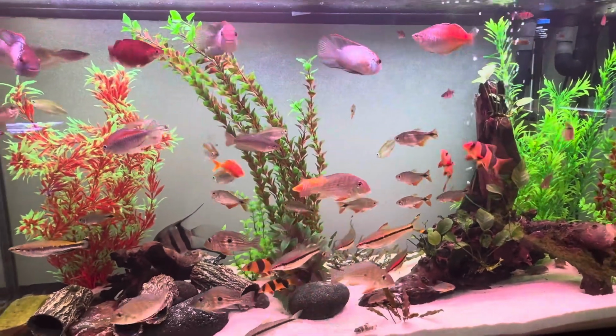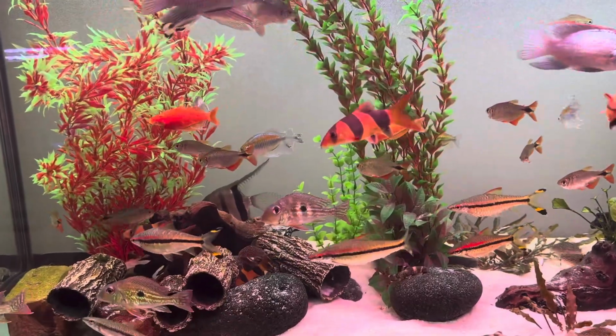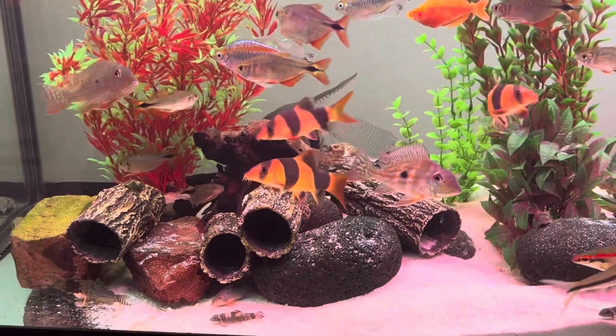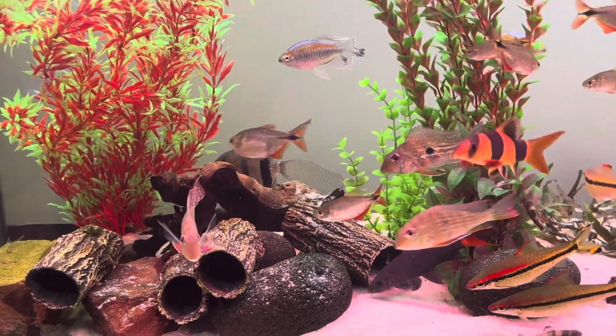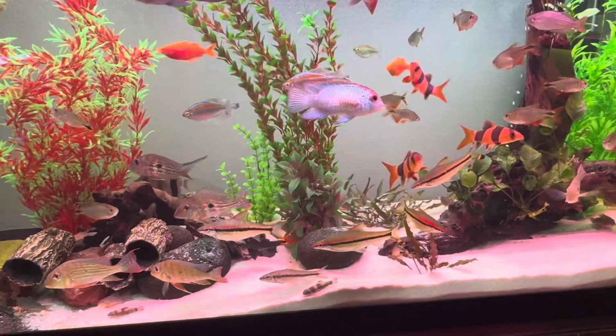The main difference is that you can buy a certain amount of Safe and it's going to last you a really long time. I currently have 12 active tanks. I do water changes sometimes daily depending on what's going on, if I'm doing any treatments, but it will last you a very long time,